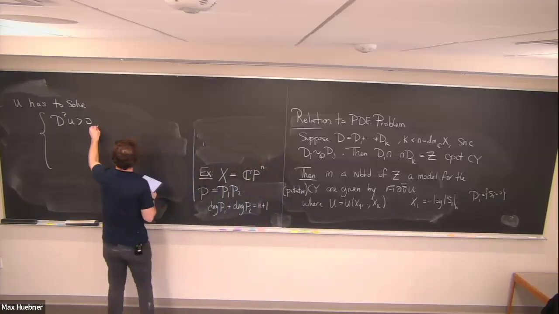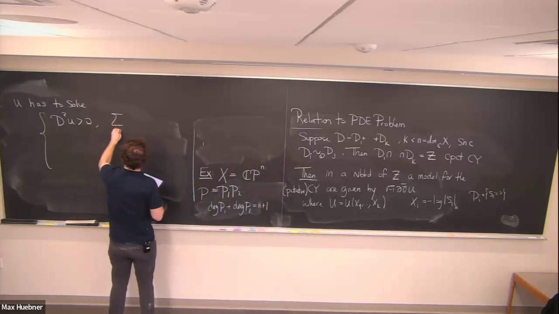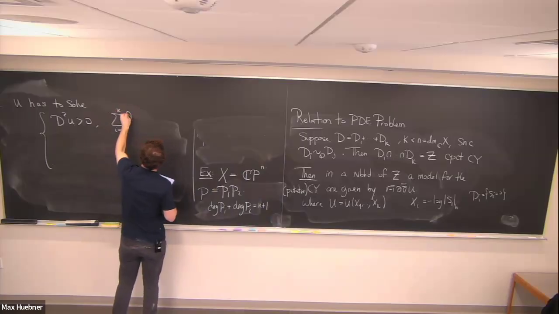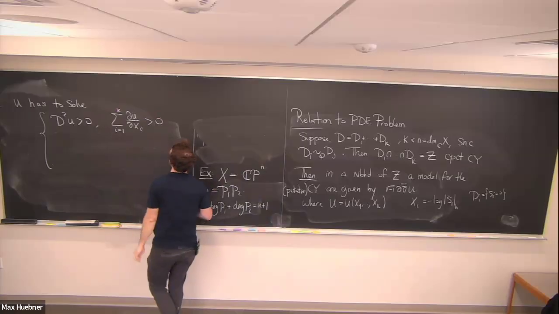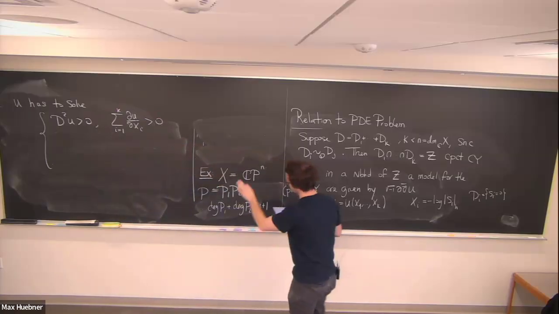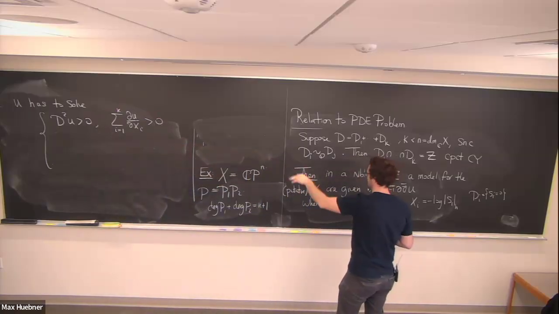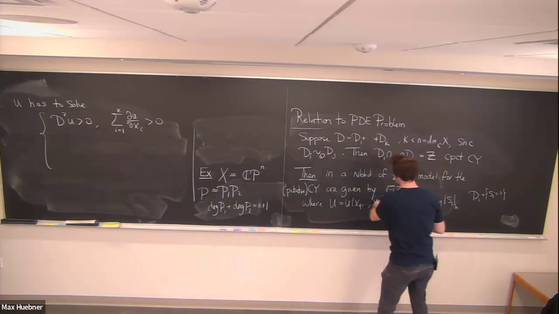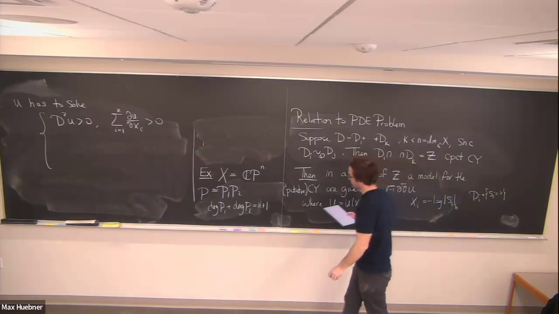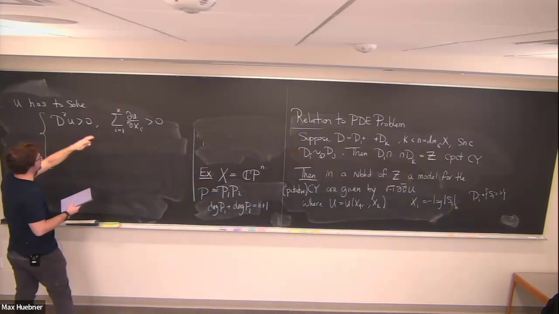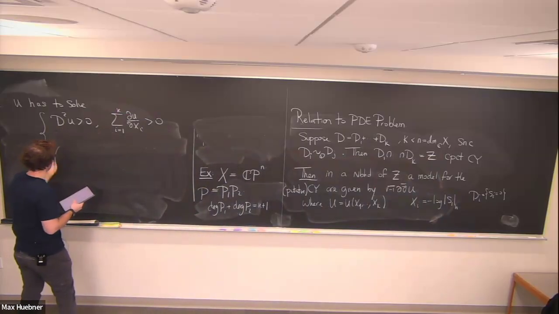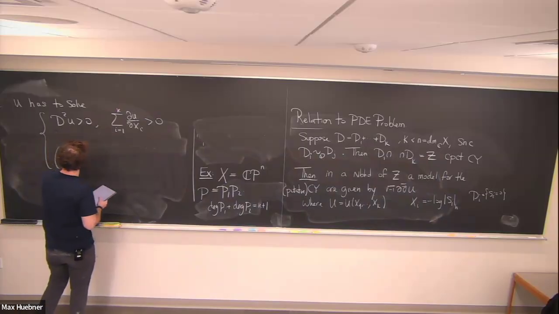There's a first order condition which says that the sum of the derivatives has to be positive. Okay, so maybe it's not obvious. It comes from plugging this into some sort of ansatz calculation, but it will become more clear when I write down the equation. So these are 2 open conditions, and then there's a PDE, which says that